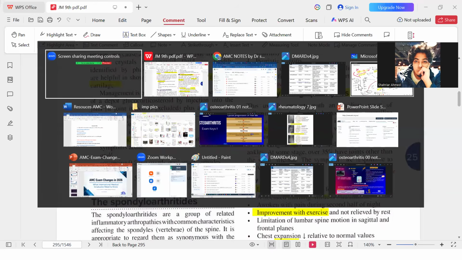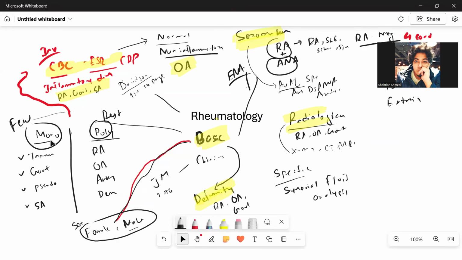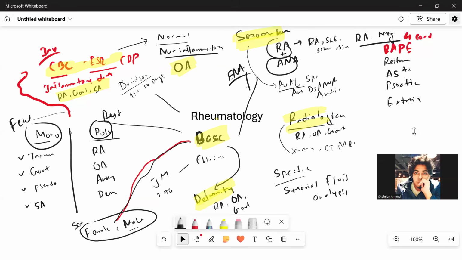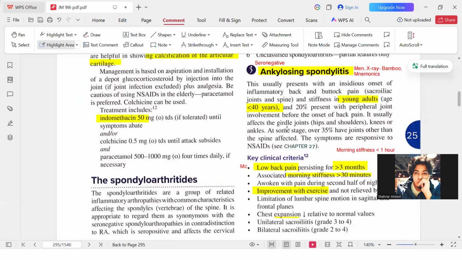We are talking about the basics, if anyone joined late: basics about monoarthritis, polyarthritis, basics about inflammatory and non-inflammatory like osteoarthritis, basics about using serologies like seropositive, rheumatoid arthritis, SLE, Sjogren's, seropositive, seronegative. Four conditions, if you remember. Guys, there are four conditions I mentioned for seronegative. Here are the conditions: Reiter's, ankylosing, psoriatic, enteropathic. Right? Now, coming to those particular areas, starting with Reiter's.